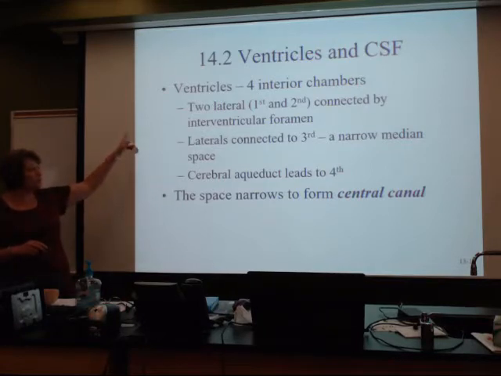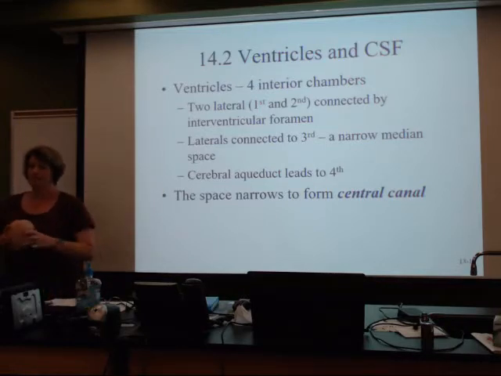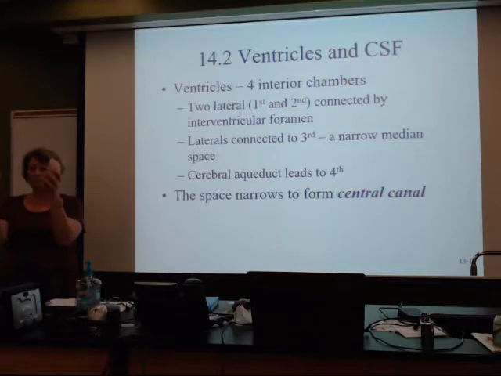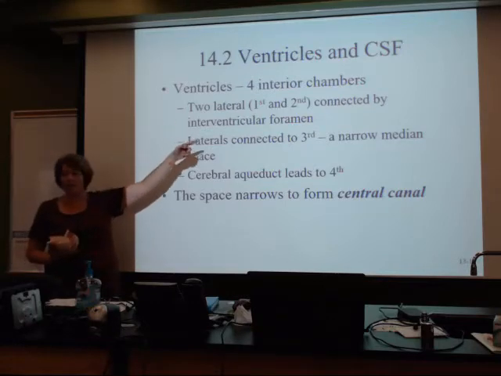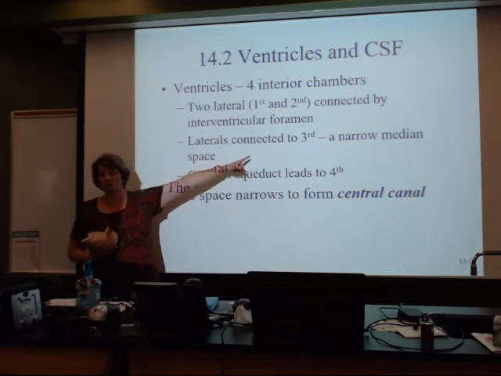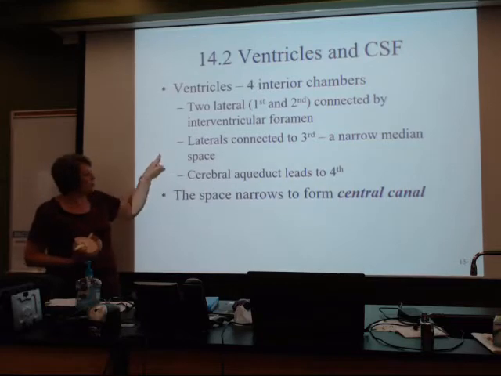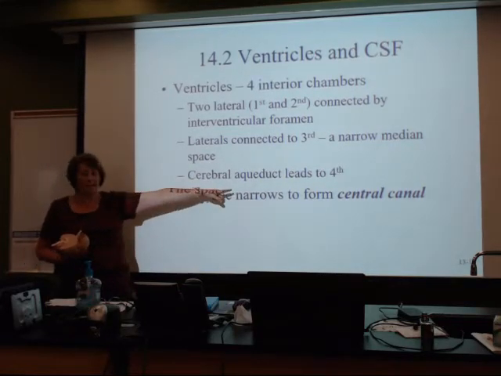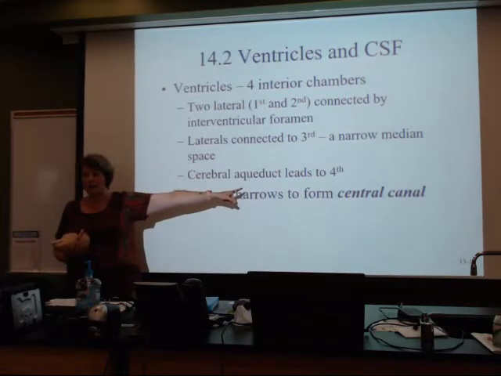When we look at these ventricles, we've got 2 laterally, that means you open it up, each side of the brain. 1, 2. We're going to have 1 and 2 connect to the 3rd ventricle in a median space in the middle. The 3rd one is going to connect to the 4th, and that's going to be the cerebral aqueduct,